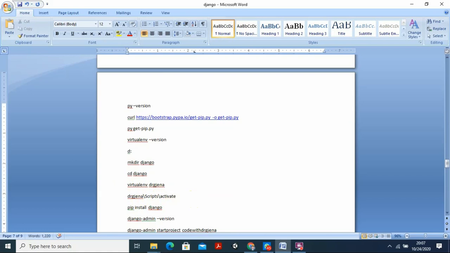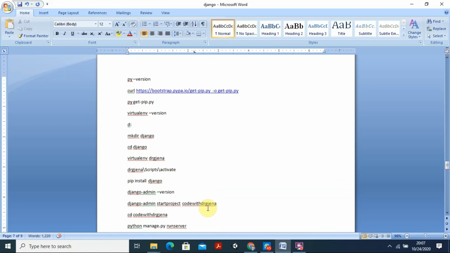Okay, so now it is configured. Now your virtual environment is there and you activated that one also. Then you are going to install Django. For installing Django, in the command prompt itself, you just go for pip install django. Then it will install everything and it will show that the Django version is installed.